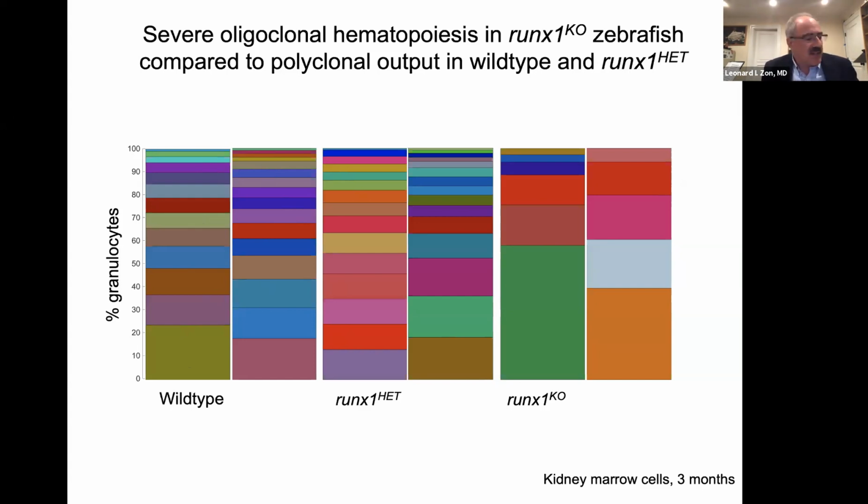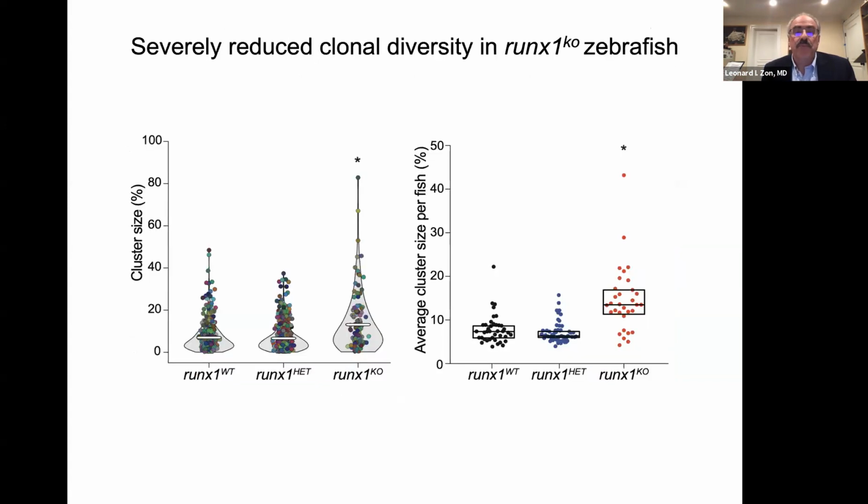And this would suggest that these adults that have gone through probably a bottleneck of stem cells to survive actually have fewer clones. And we think this is very relevant to the pediatric situation where people would have RUNX1 mutations. Shown here is just a look at the cluster size. And you can see here the higher cluster size of the knockout, meaning the individual clones are larger with respect